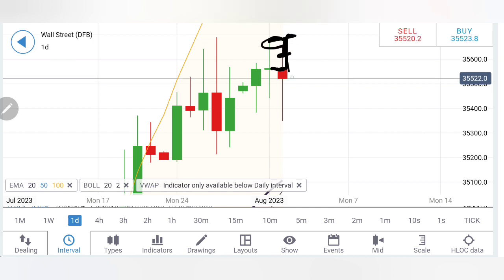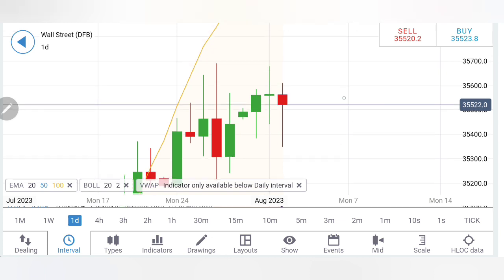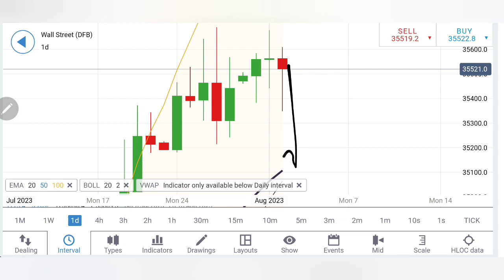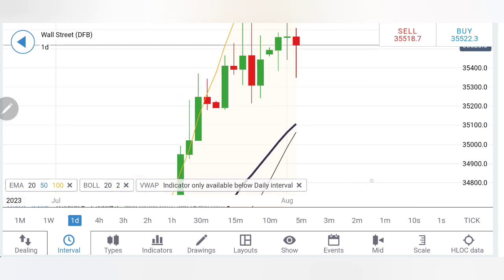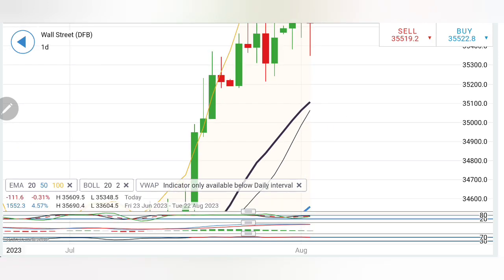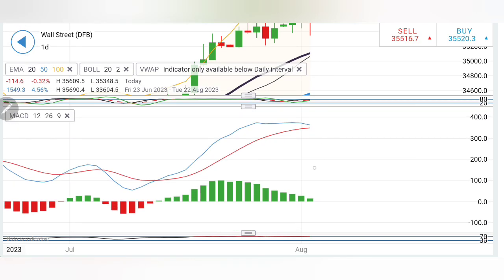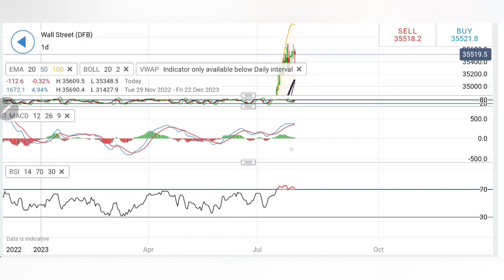35,667, 700 zone is where it is going to get the maximum resistance. If you see it trading above 35,700, then anyways you have to stay long. There is no other option. Remember that fact. But look at the divergence of the price from the moving average. Now the 20 period moving average is at 35,100, which makes it a very strong support. It can in fact wait for it to reach till 35,200 and then drop towards these levels. That is also possible. Stochastic flat here, MACD is in green trying to converge crossover for sell, and RSI is